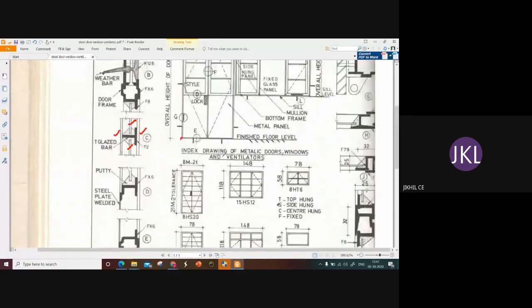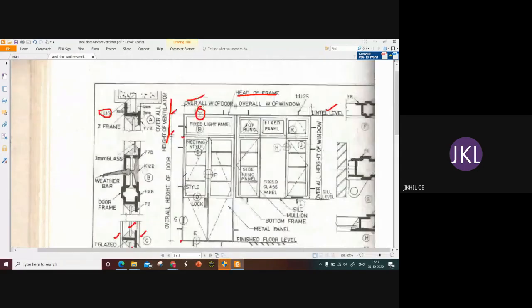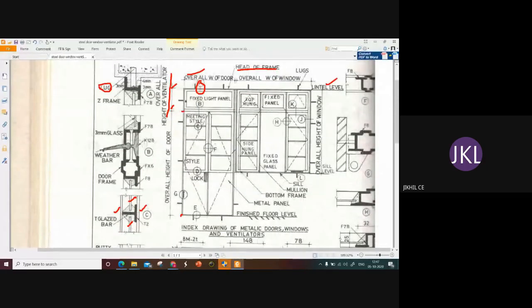For the time being, just understand that there are so many individual steel members which are used for making the door frames. Okay, so that's about the enlarged views of A, B, C, D, and E.